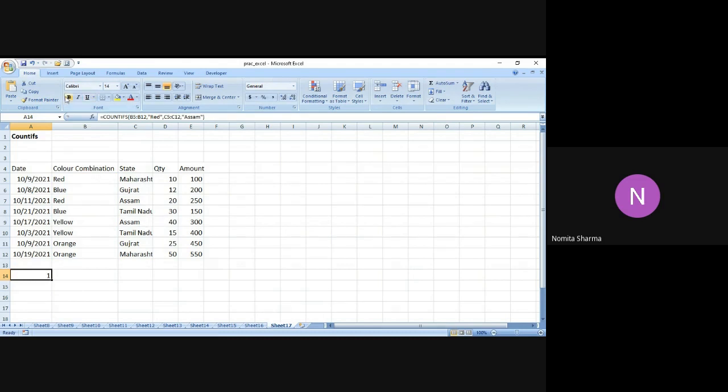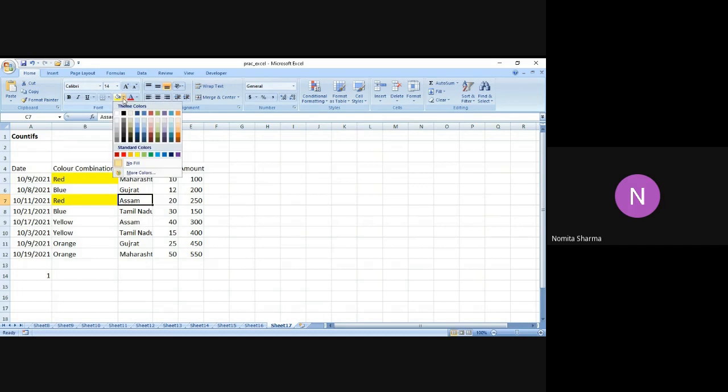So if I see red, I have over here 1, 2, and if I go for Assam, I will see that only 2 options are there where we have Assam, but only one option is there where the criteria is matching with the red color. So even though we have Assam, but the color is yellow for that.